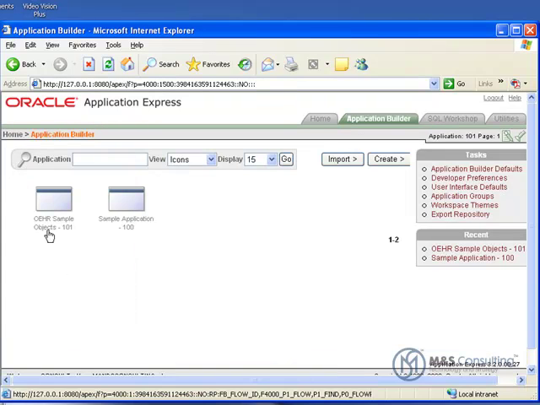So now I'm going to back out, and I'm going to go over to my Application Builder homepage with the tab, and there it says OEHR Sample Objects. So the system has been updated and the OEHR data is